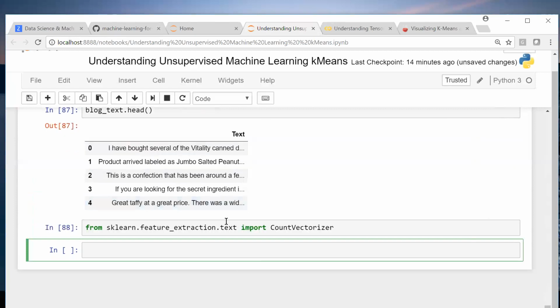Okay. So now you do count vect. You go to count vectorizer.